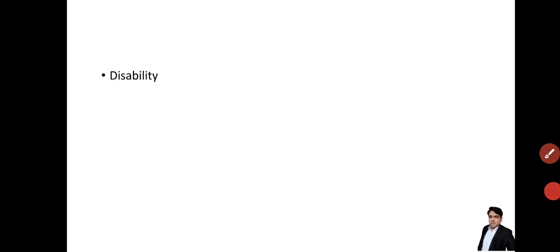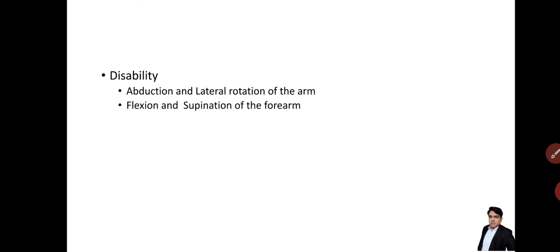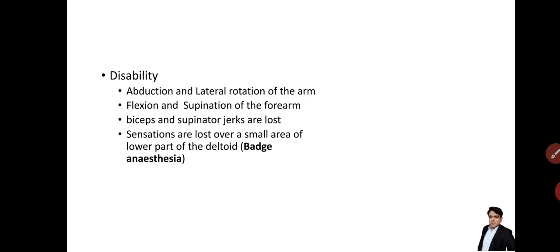Now disabilities: the patient is unable to abduct and laterally rotate the arm, and is unable to perform flexion and supination of the forearm. Biceps and supinator jerks are lost. Sensation is lost over a small area of the lower part of the deltoid, and this is known as badge